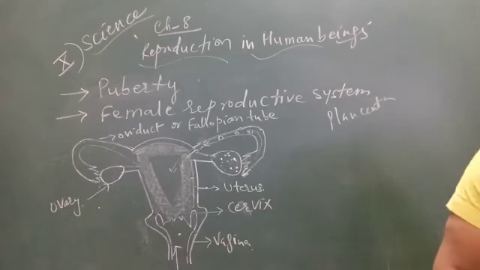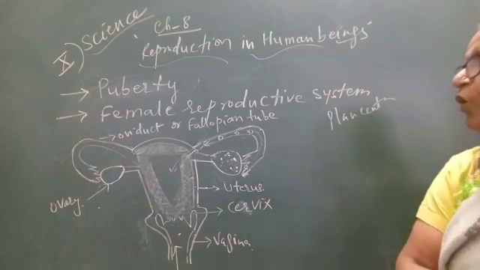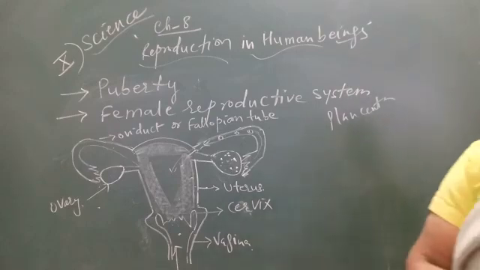Thus its lining becomes thick and spongy, which would be required for nourishing the embryo. If fertilization has taken place, then it's okay. If fertilization doesn't occur, this endometrium wall breaks down, and this with the